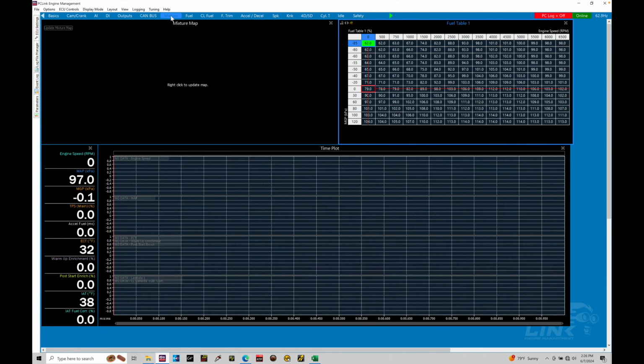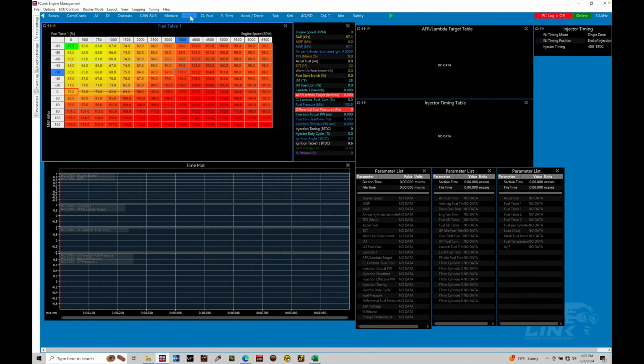Everything in this window is related to using the mixture map option in the calibration process. Let's go over here to fuel. This is everything related to doing our programming within our fuel model. So we have our main fuel table, we have our runtime values that we can see in real time. We'd have a target air fuel table, injection timing table if we have these set up and programmed and working